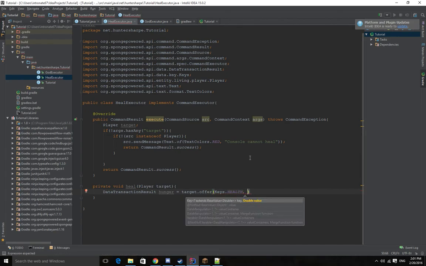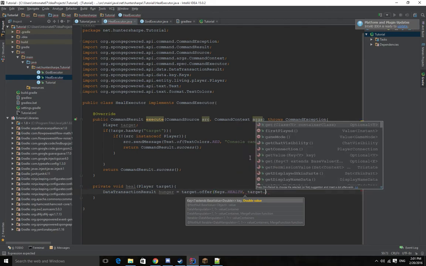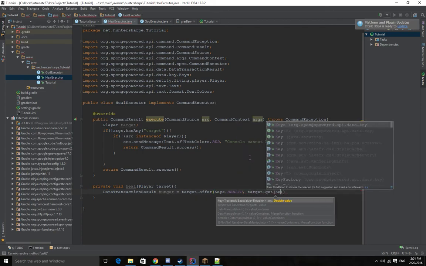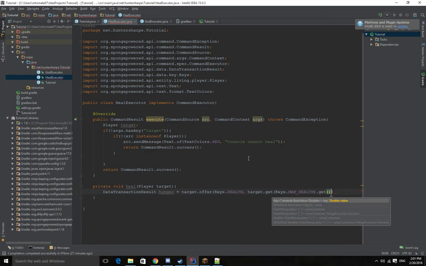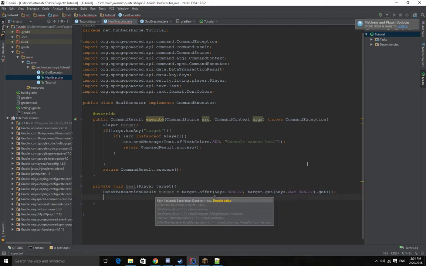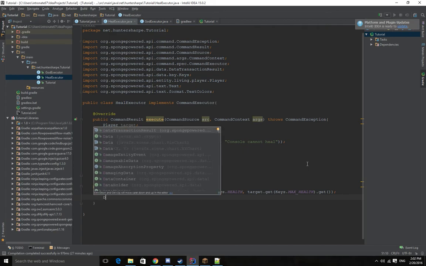and this is what we want to offer, and this is target.get, and we want to get the max, keys.max health.get. Because we want to get that double, or you can just do 20. But if the numbers ever changed or there's different values or anything, we just want to do that. But the weird thing is for this one,